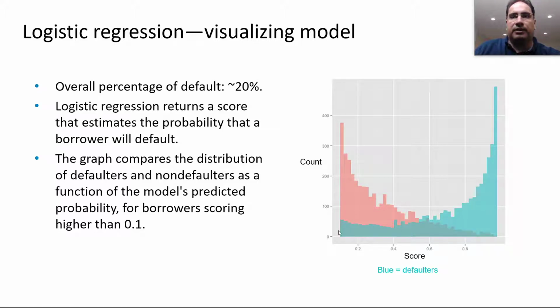The blue are the defaulters, and you can see that the model for defaulters gives a probability of close to 1, and for non-defaulters close to 0. But there is not a very clear distinction at 0.5 here. So sometimes you may want to choose a different threshold based on what you're looking for. If you're looking for pure defaulters, then you're going to set it a little bit higher. Maybe the threshold could be over 0.8 if you're looking for like 20% of the overall defaults, or you could